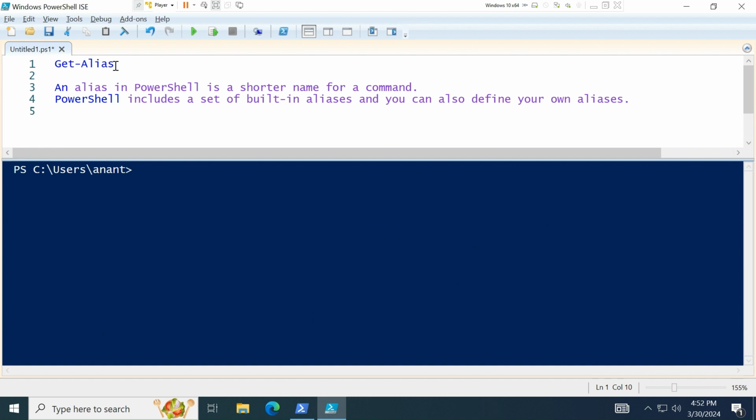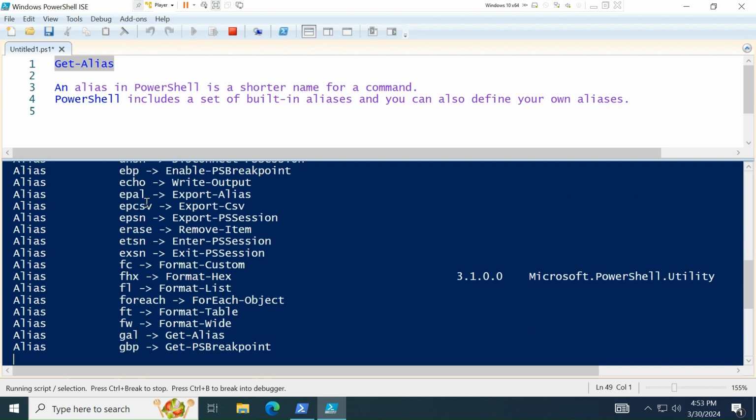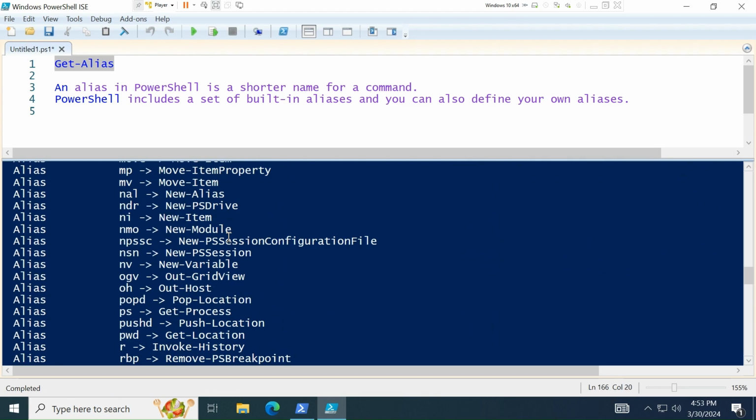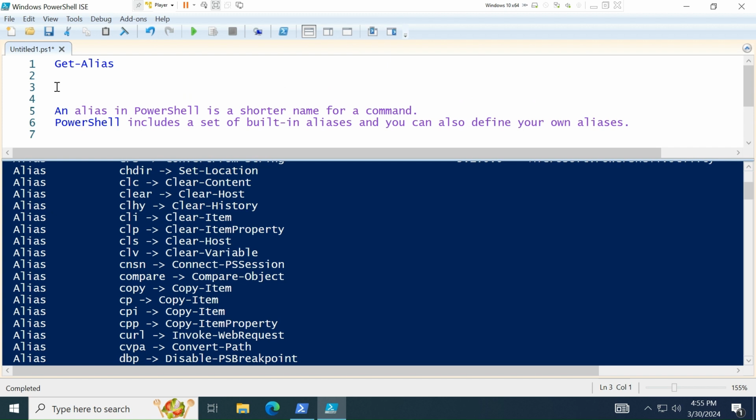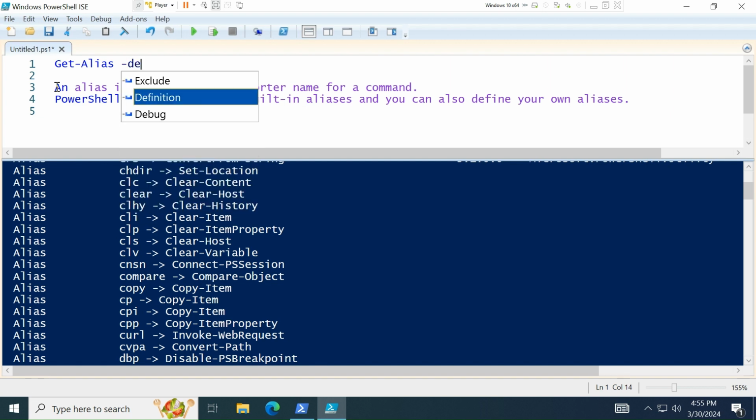What are aliases in PowerShell? An alias in PowerShell is a shorter name for a command, and PowerShell has some built-in aliases that we can use, or we can also define our own aliases. So if we run Get-Alias, we'll see all the aliases within PowerShell. If we need to find aliases for a command, we can use the Definition parameter to get the alias for that command. For example, we can use Get-Alias -Definition